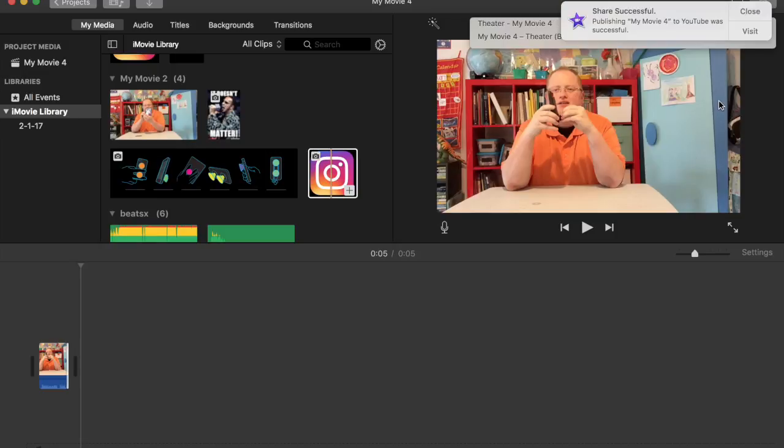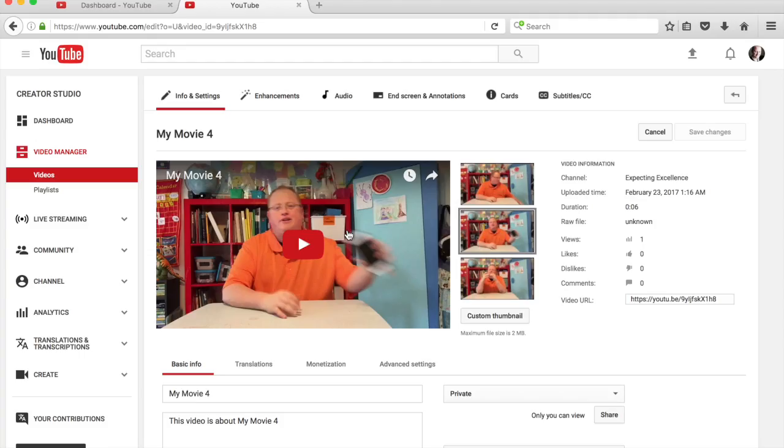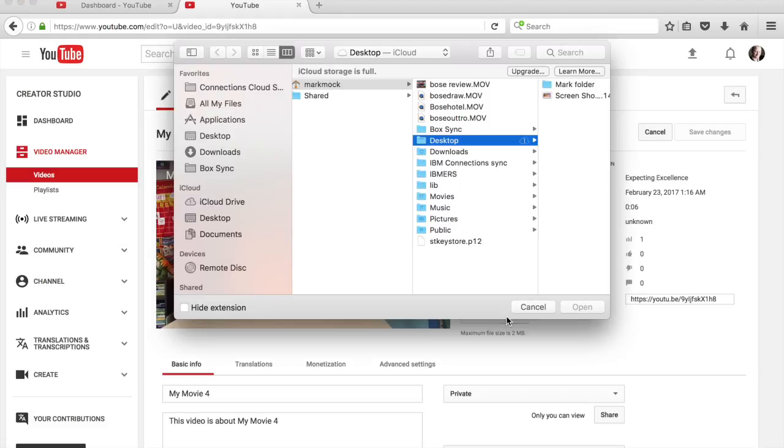Okay, it looks like it's done. So I'm going to go ahead and visit. There, it automatically pops up. Okay, I have this popped up real quick. If you look, here is the standard thumbnails that it automatically presets. Sometimes they're okay, but most of the time they're not. If you wanted extra stuff, this is why we're doing this. Click this custom thumbnail button right here. It's going to load